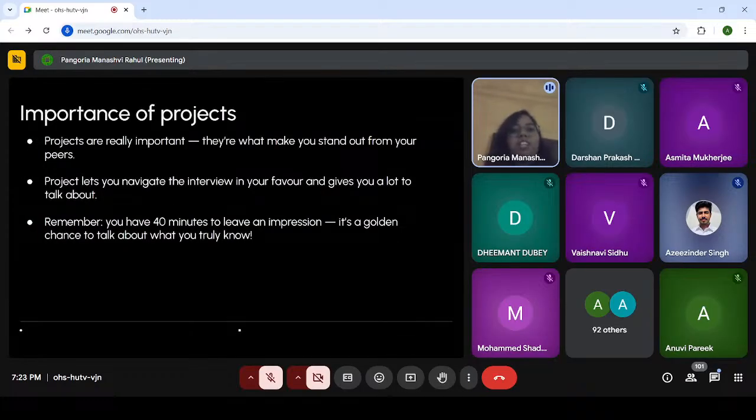Next, the importance of projects. They're really, really important. If you have done any project last sem formally, it's good. If you haven't, use these 2 months, do some good projects, because in an interview you have just 40